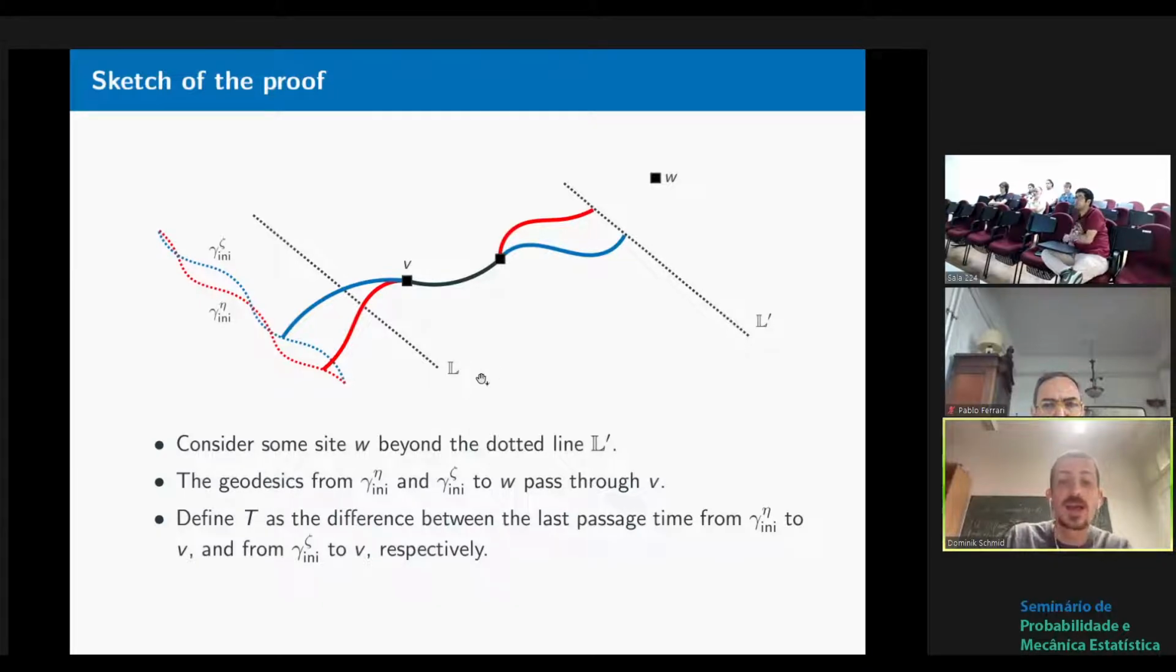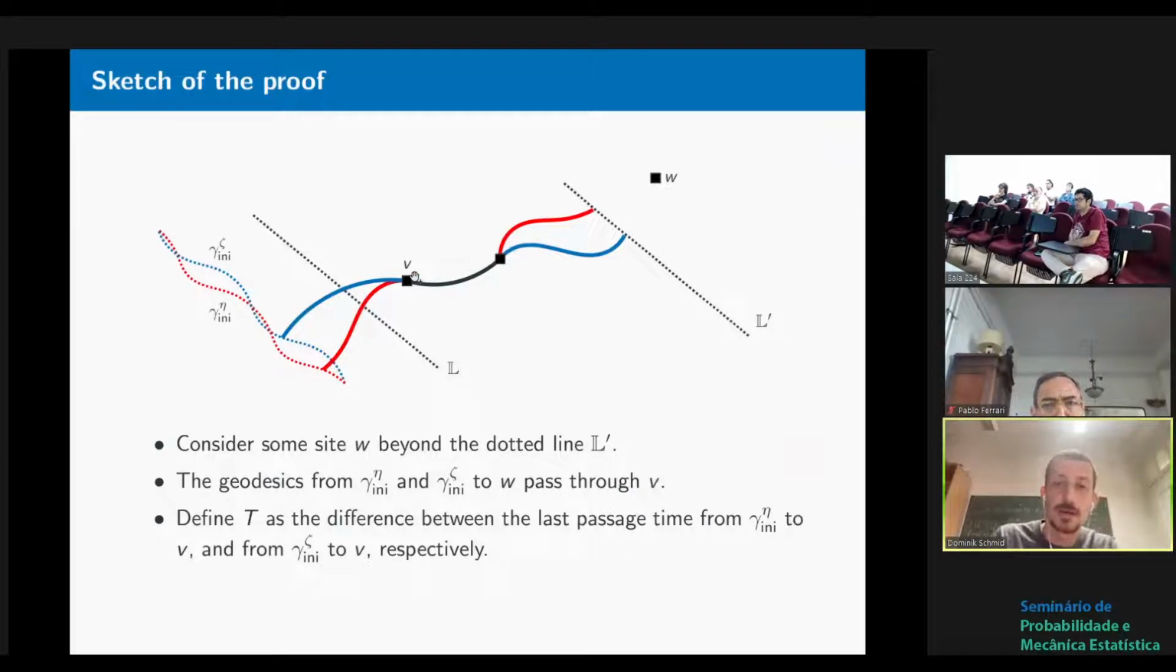And I claim that whenever we have simultaneous coalescence, there has to be some side V, such that the geodesic connecting to the red interface and the one to the blue interface must pass through this side V. So no matter how we took this geodesic, whenever we have simultaneous coalescence between L and L prime, the geodesic must pass through this side V. But now take t, the time difference, as the difference in the last passage time from this red interface to the side V, minus the last passage time from the blue interface to this side